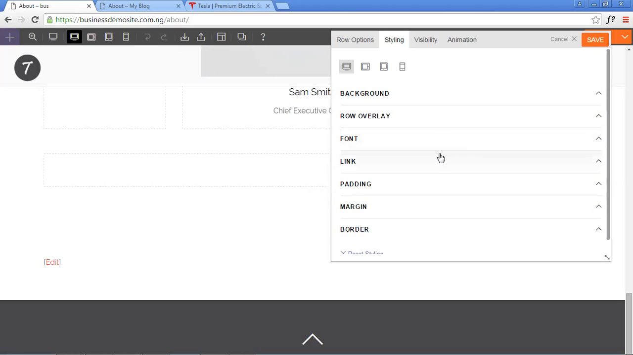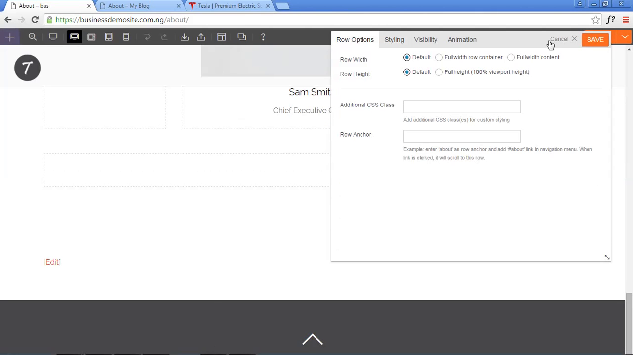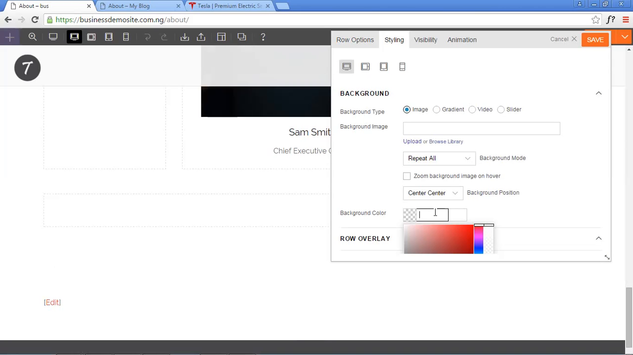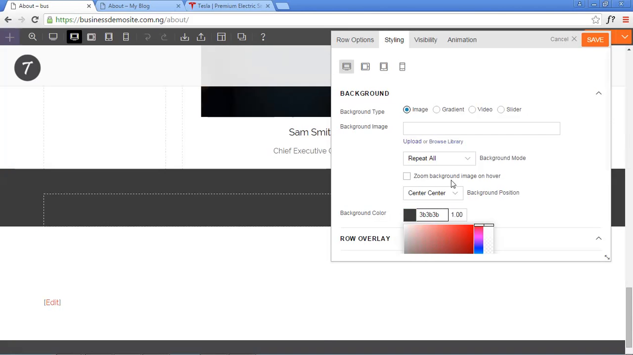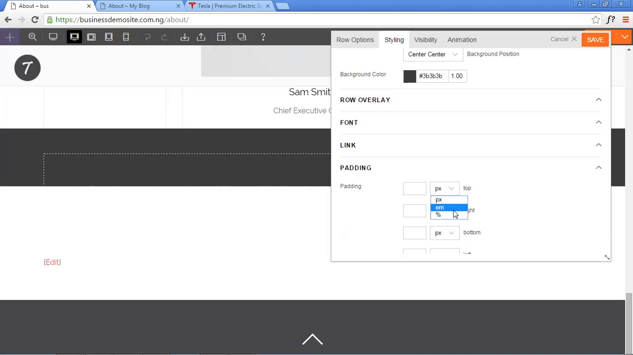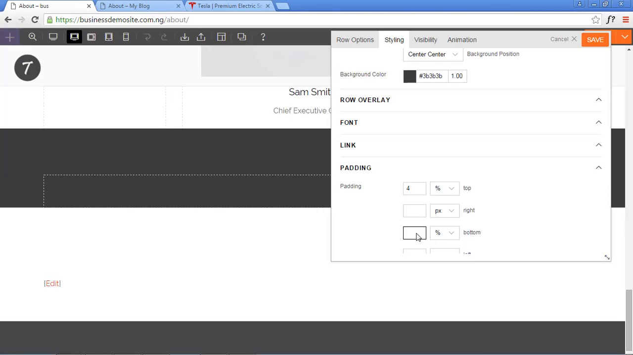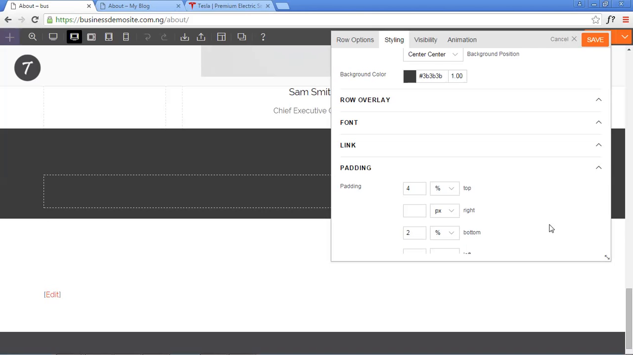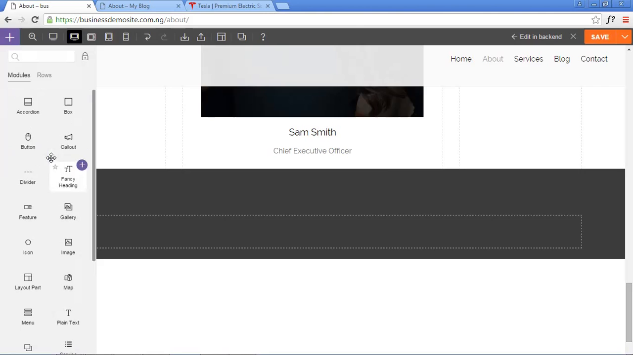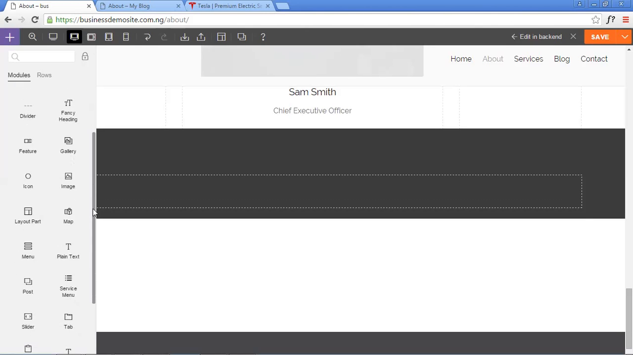or styling rather. Go to our row options, full width row container, styling, background color. I'll be using 3B 3B 3B. Then for my padding, select that, switch to percent, 4% at the top, below is 2%. And I think we have that settled. Save. Then to add in text, we'll just scroll up to look for our text module,